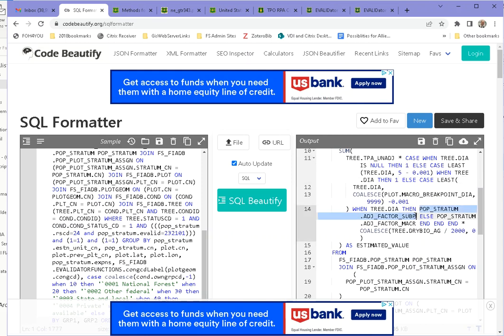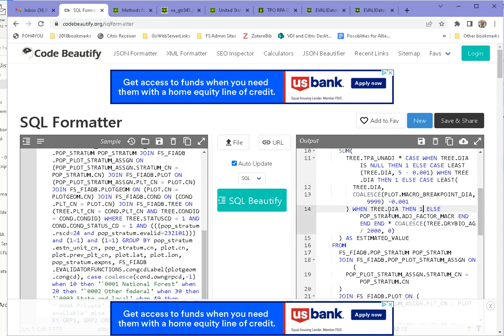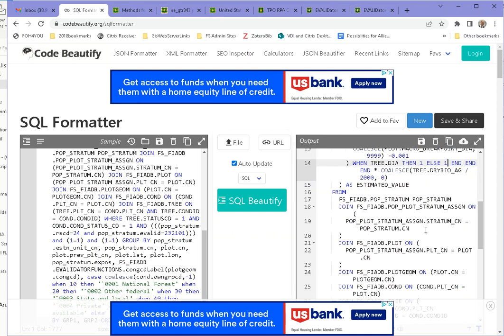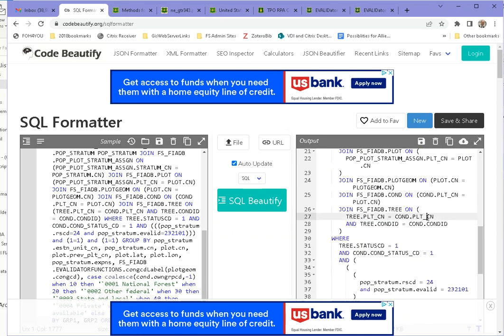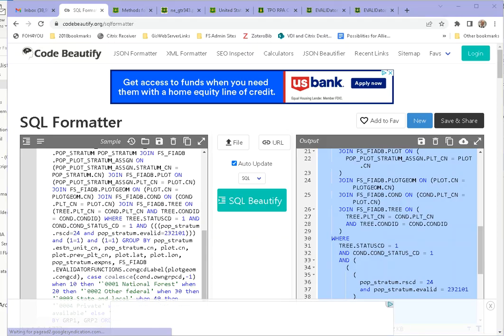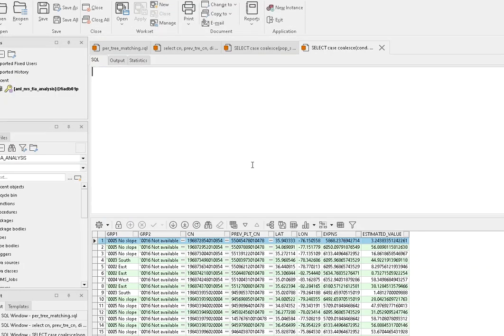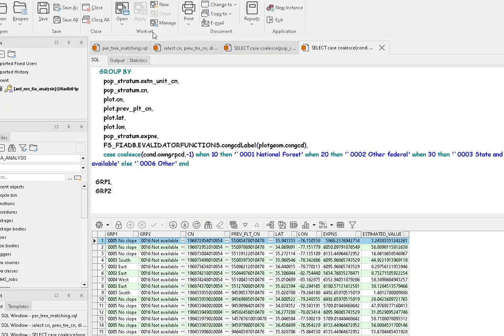And we'll do a 1, pop stratum, adjustment factor macro, we'll do a 1, and that is that. So if I run this, I believe, if I screwed something up, Control A, Control C, if I run this SQL in the database,